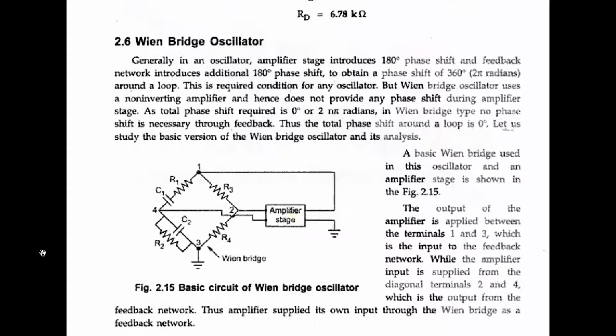Can anybody tell me why it is called RC oscillator? Why is it under the category of RC oscillator? Resistance and capacitors, yes. See, LC oscillator means the feedback network has L and C components. Simple. RC oscillator means the feedback network has resistors and capacitors. So very easy, right? Whenever you are studying, study with open eyes, open mind, then it will be very easy.